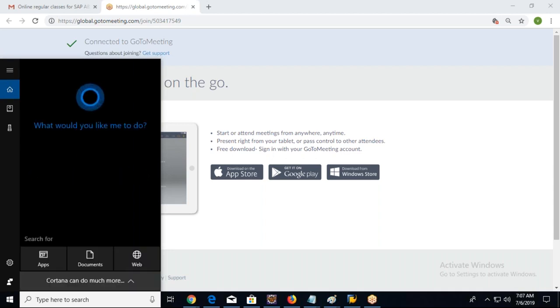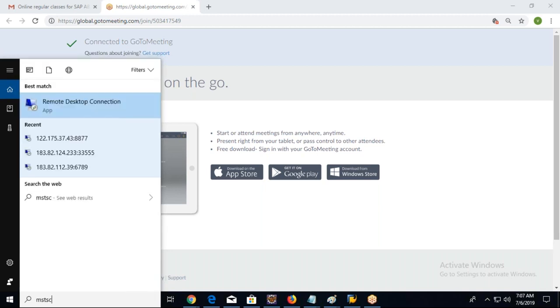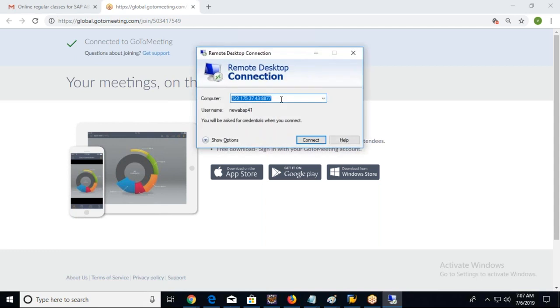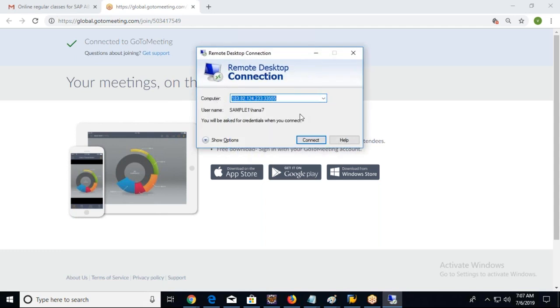So we are following the remote desktop approach by entering MSTSC here. We give the remote computer name or IP name. This computer name or IP name is provided by Oasis. Once you click connect,